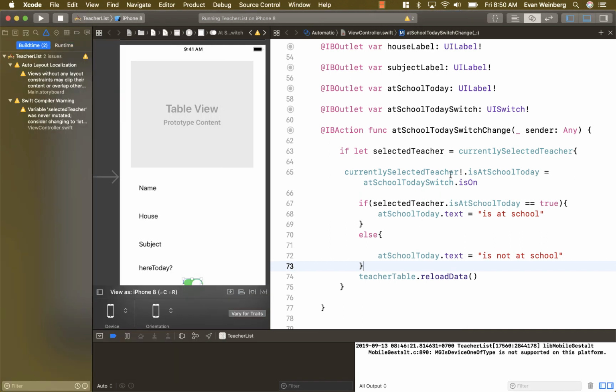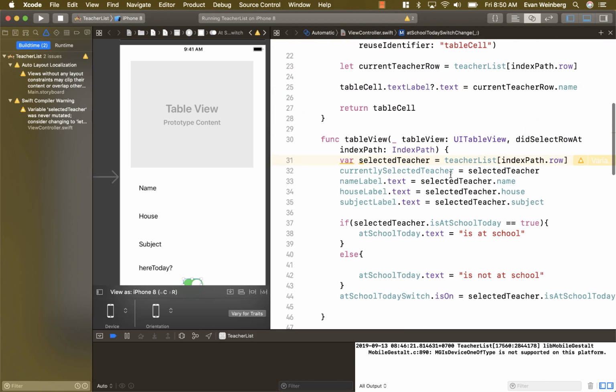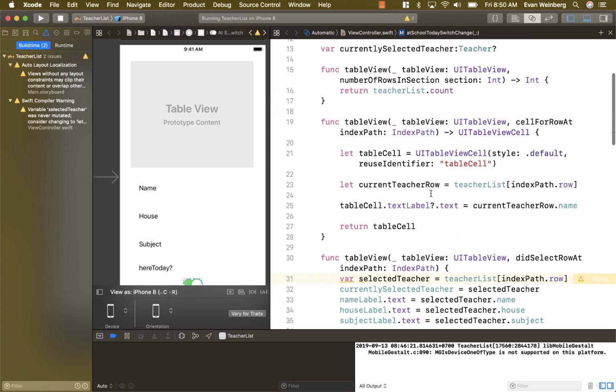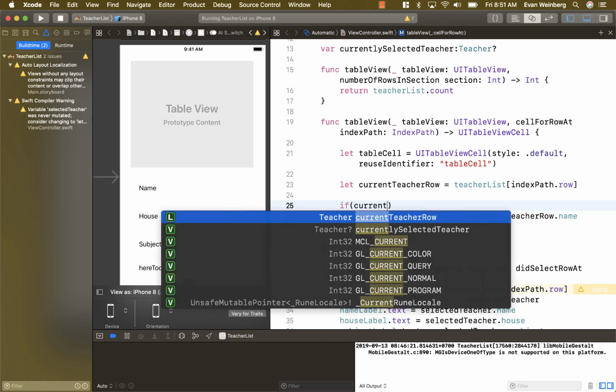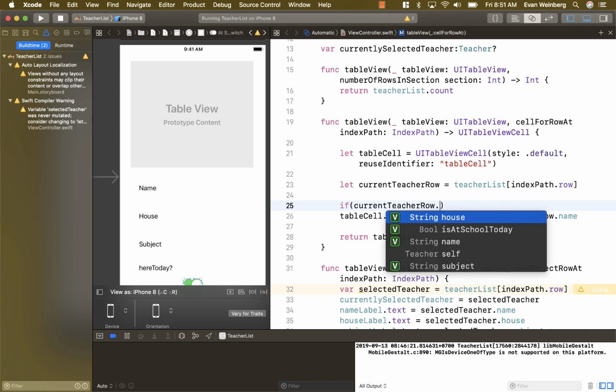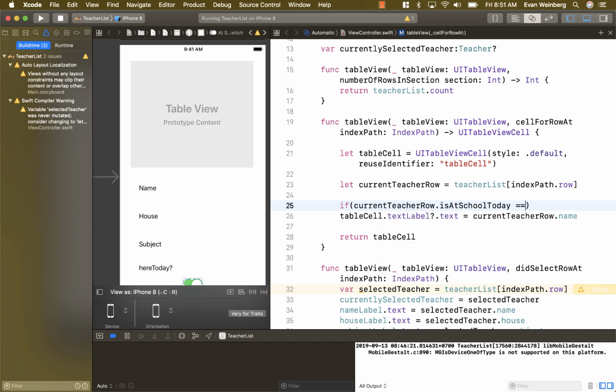Let's keep stepping it up a little bit. So let's go back to our table up here. And let's see if we can make it so that if a teacher is here at school, we add in a little check mark emoji that says that they're here. In the previous app, that was us changing the color of the row in the table, but let's add in an emoji. So I'm going to add another if-then statement. So I'm going to say if current teacher row dot is at school today is true,